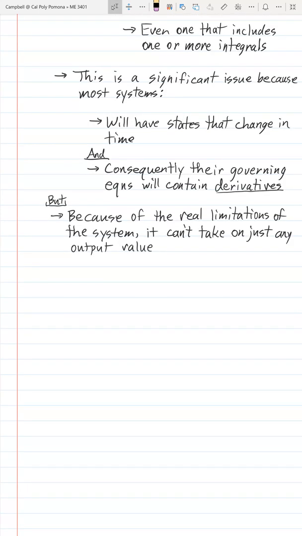So in other words, if we knew that our system was coming in with this kind of trajectory, and we're now at this point,